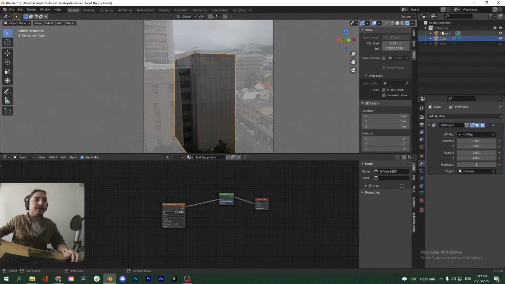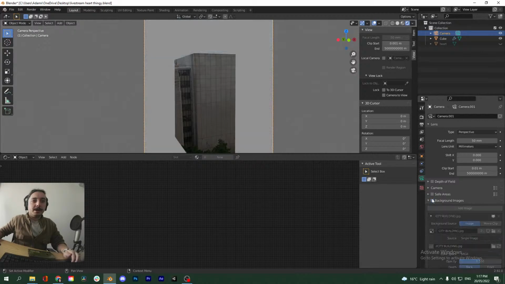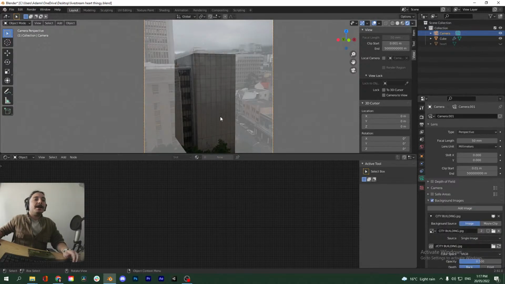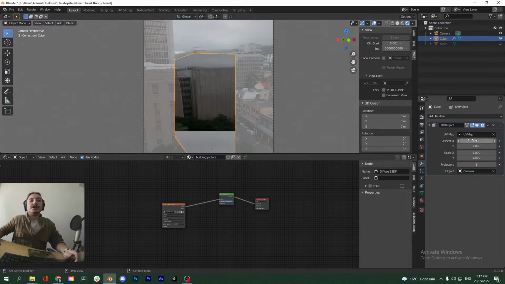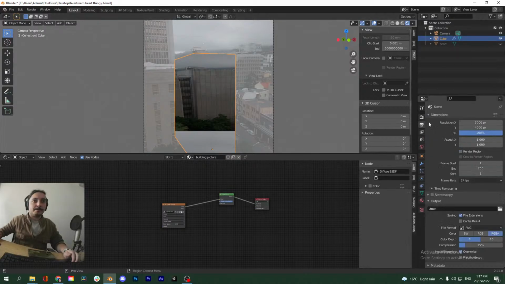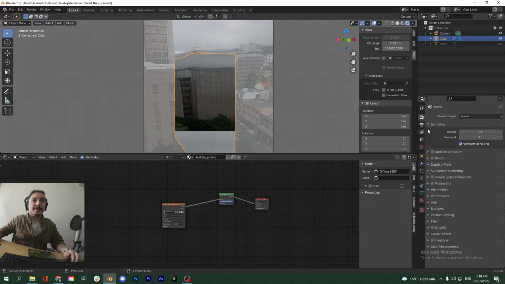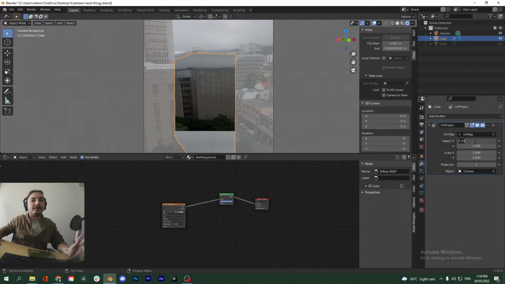Now if we turn off our background image in the camera, you see that basically the image has been projected onto this. Now one important thing I want you to note is this aspect is not always going to be correct. You see, if this is a different number, it kind of squashes the image. So the way to figure out this aspect is to take the resolution. Remember, the resolution of the background image was 3000 by 4000. And you basically want to take the first number divided by the second number. A little bit of maths. I hate maths. But this is just a little formula that works. Don't ask me why, it just does.